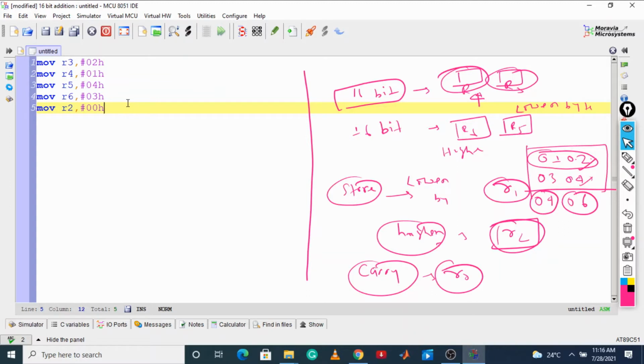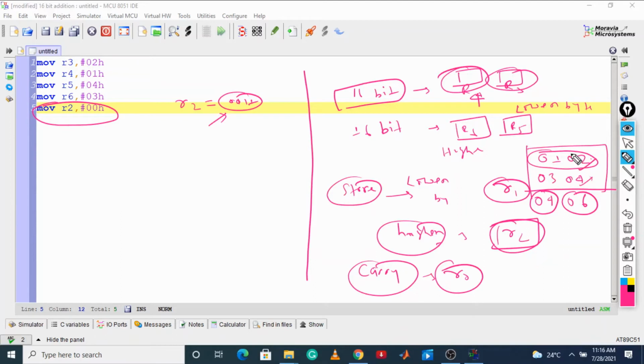I am doing this because I need to store how many carries are generated. This move R2 comma 0h is just to store how many times a carry is generated.